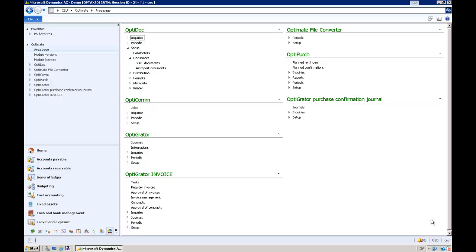Data from these tables and data from the XML file can be assigned variables in OptiDoc. This is considered metadata. Using this metadata, OptiDoc is able to decide which format to distribute using which channels. Examples